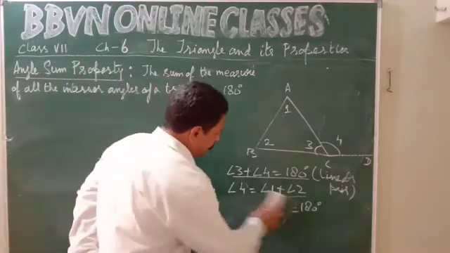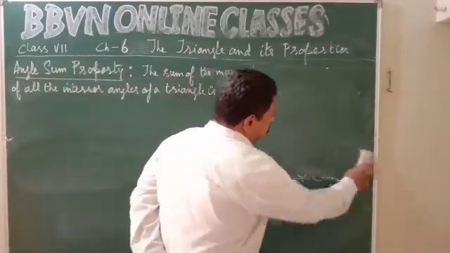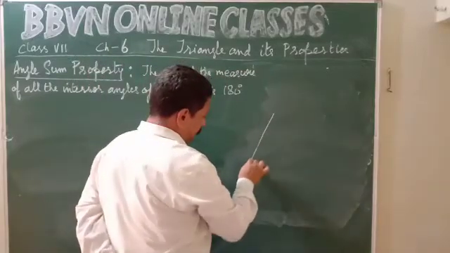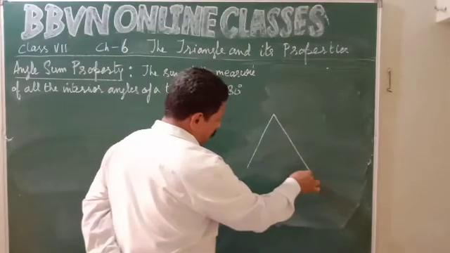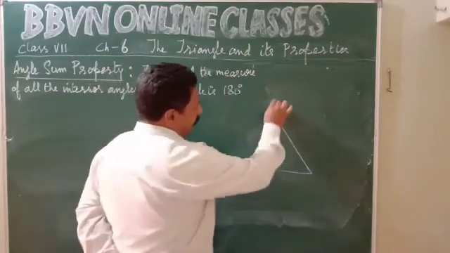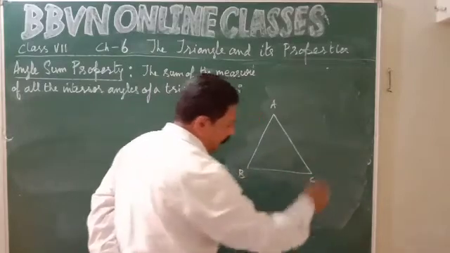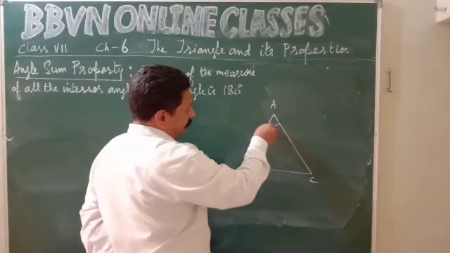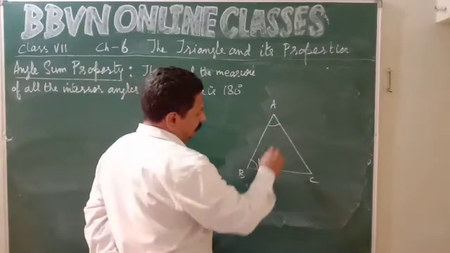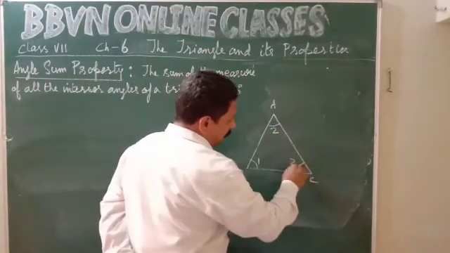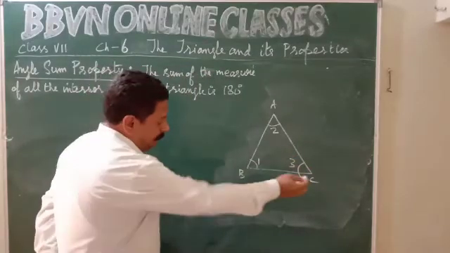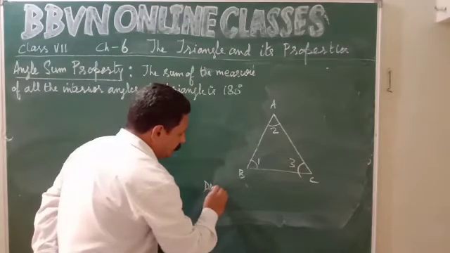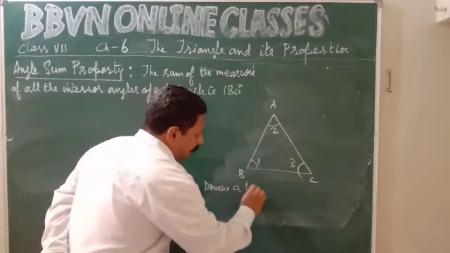I'll explain it. See. Triangle ABC. Okay. I will do a small construction. Name this as angle 1, this angle 2 and this angle 3. Right. Now I will make a small construction. What is the construction? Draw a line